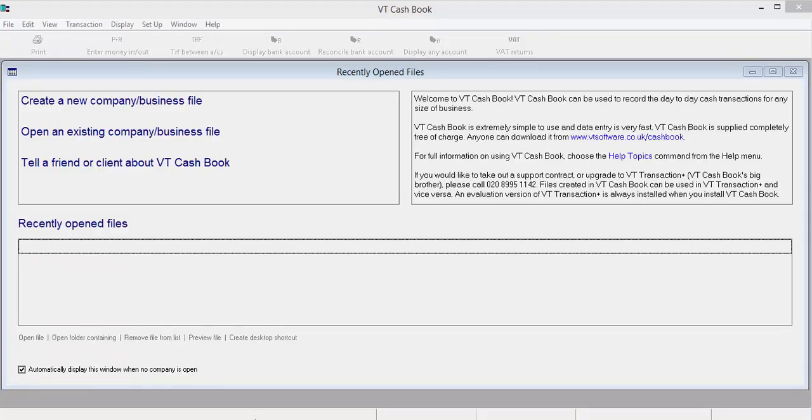When you open VT Cashbook, the window that opens is a recently opened files, and in it you've got the option to create a new company, open an existing company, or tell a friend about VT Cashbook. If you tick this box, that window won't appear anymore. I personally leave it there. If you do get rid of that window, you need to use the File menu to open or create a